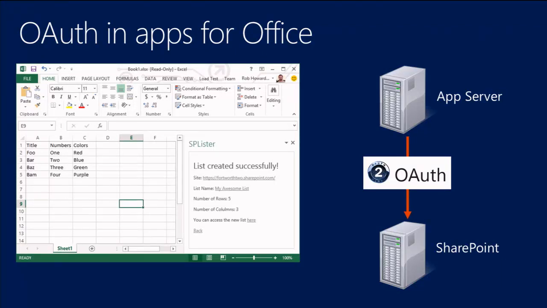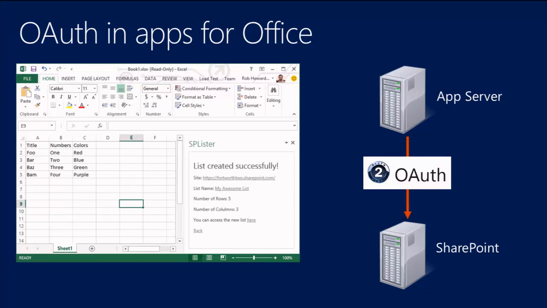And what you're going to see happen is your app's going to launch in Office. The app window is going to use some JavaScript to pop a dialog that's going to go through the OAuth flow of SharePoint to get trusted by SharePoint. It's going to ask for some access to SharePoint data. The user may have to sign into SharePoint and click trust it or accept, that sort of thing, as part of the flow. Then what happens in the background is SharePoint passes a code back to the